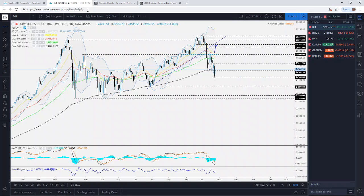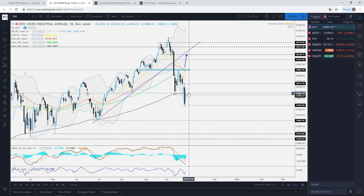So let's jump into the charts. Now the first one I want to touch on quickly is the Dow Jones. Now the Dow yesterday had a good day, of course. We saw the Dow closing, and actually all the indices closing in the green, of course, but the situation was slightly different once the closing bell rang, because the futures market declined here, and of course, looking currently at the cash index on Dow Jones,